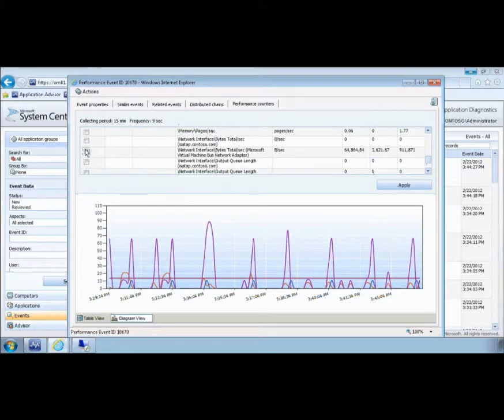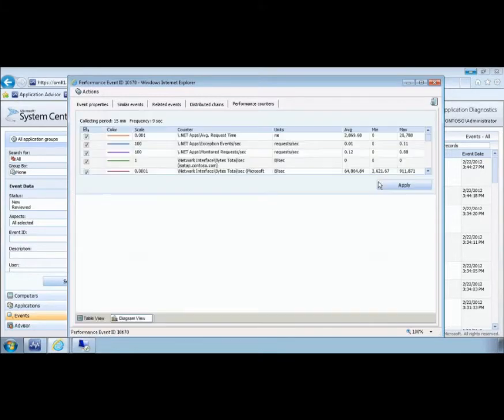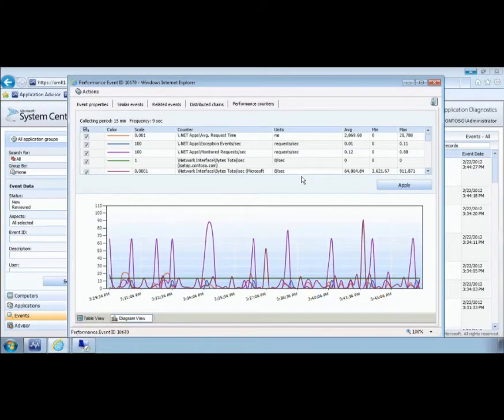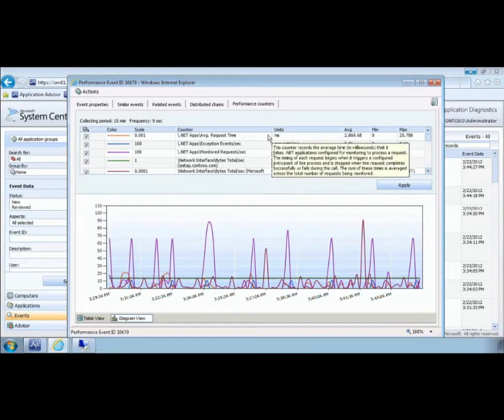We can see, well, if it's a network problem, what happens when we add those interfaces in, and you're building out a very much a perfmon counter kind of graph, but it's all about troubleshooting, saying, well, this is the error coming through, but what's the root cause? We now know the line of code that's coming through. We've got all the perfmon counters to back up what the impact is, and we can feed that information across